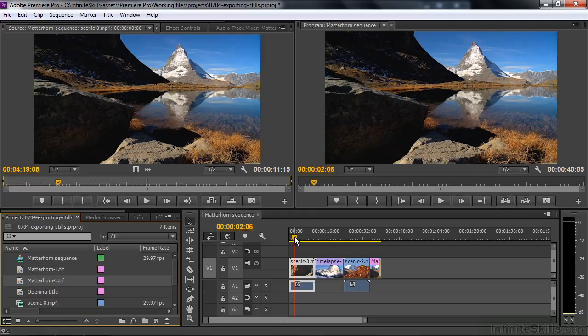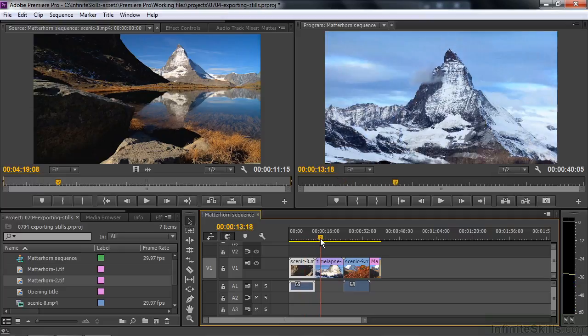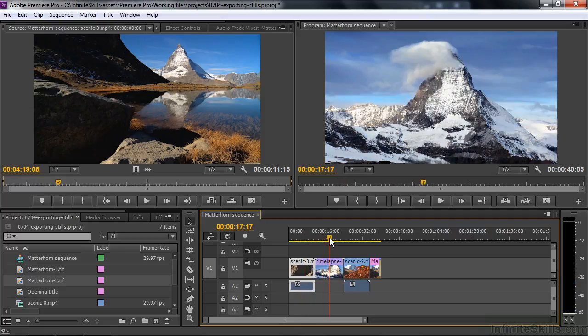Let's get one more image here using a third method that's kind of cumbersome, but I want you to see how it works. Got this little spot here where things get kind of bright. I like that little spot there. I'm going to export this frame using the Export Menu command. I talk about exporting at the end of my course, but here I want to show you how to export a still image and also show you that you can import it back into the project even with this process as well. So I'm going to go up to File,